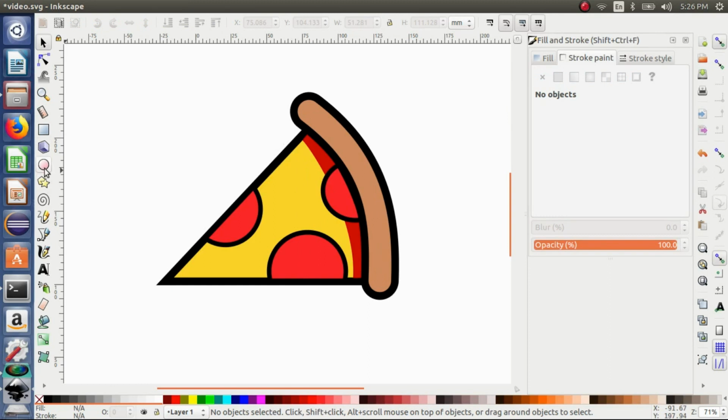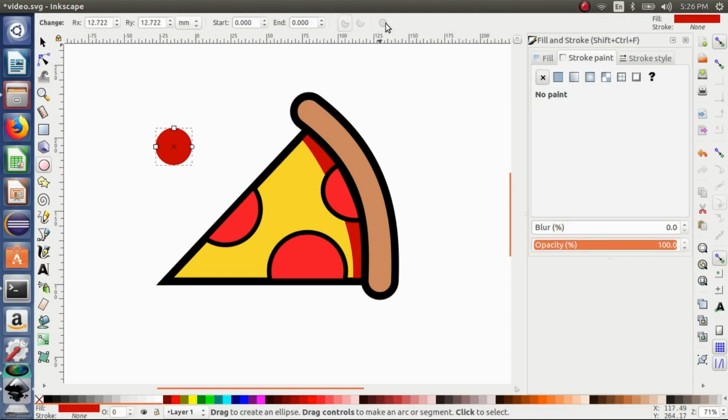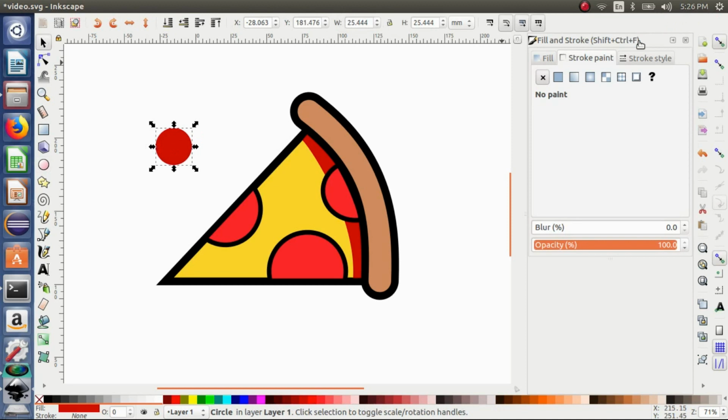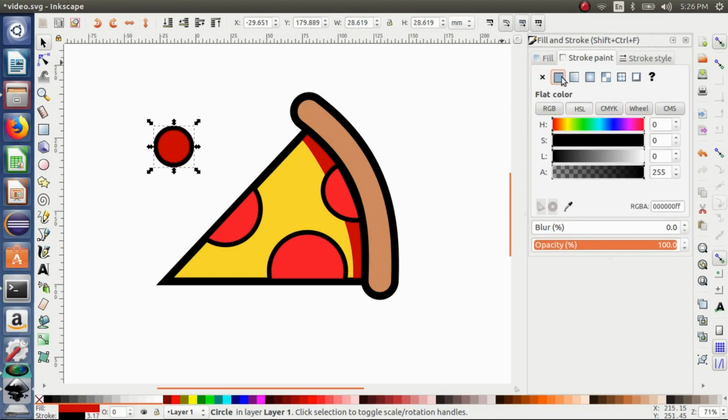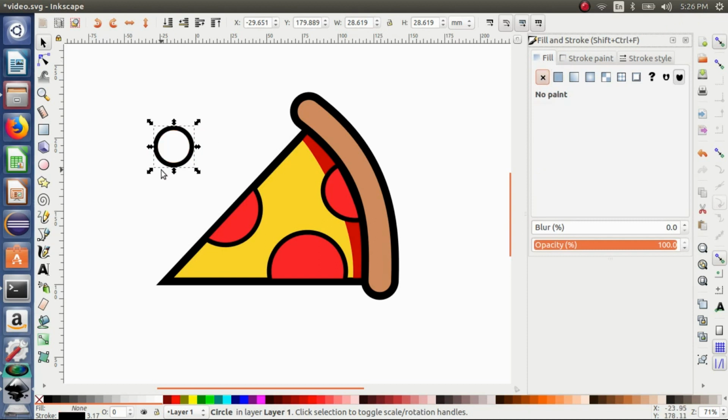Now let's make some black olives. So I'll select the circle tool and turn on the stroke, and I will remove the fill. Now I'll press Ctrl and Shift and scale it down. Now I'll just make a bunch of copies and